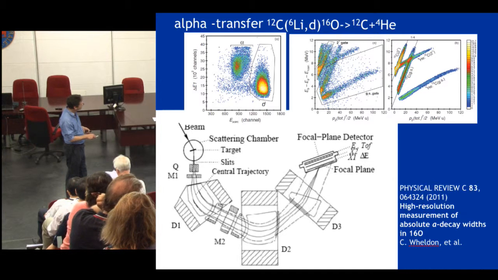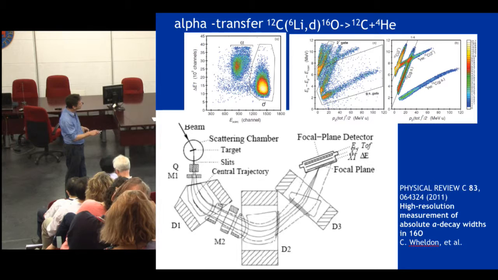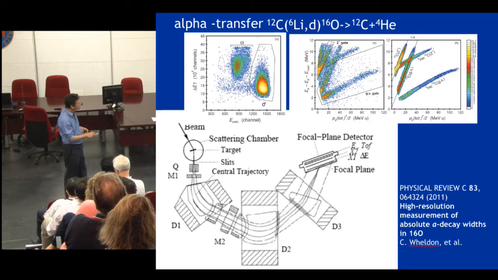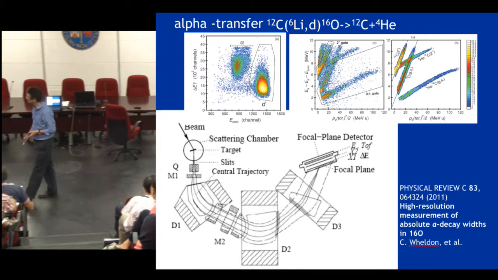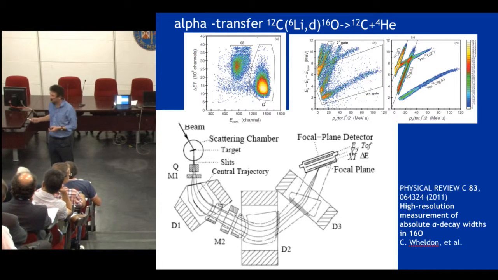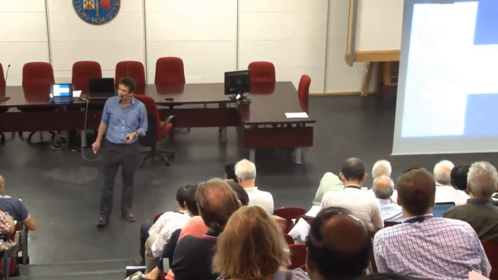And then with some silicon detectors in the chamber, look at how the oxygen decays into carbon plus alpha. And then we can ask the question: how many times did it decay to the ground state? How many times did it decay to the excited state in carbon-12? This type of approach has been taken for characterizing all of these states in these cluster